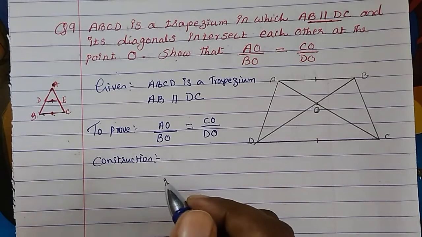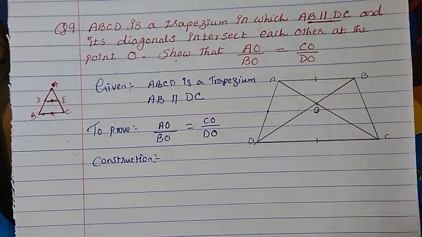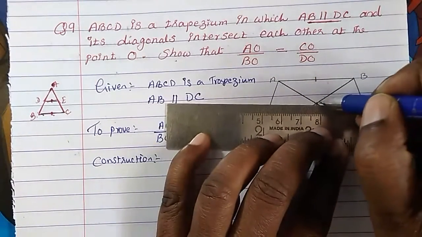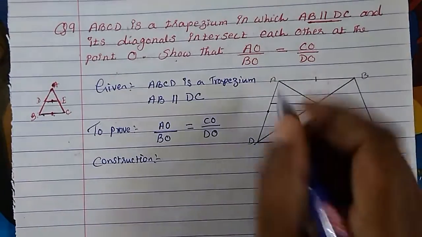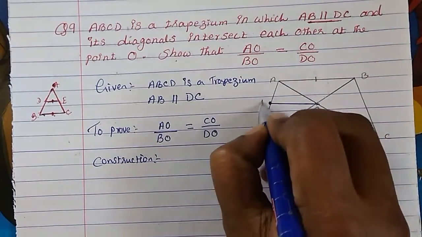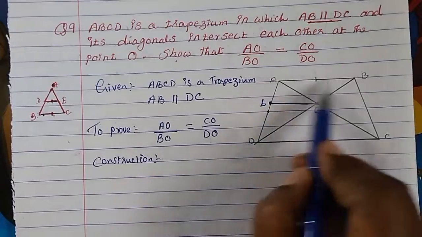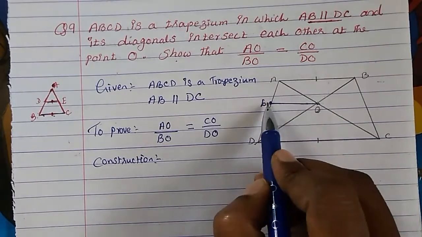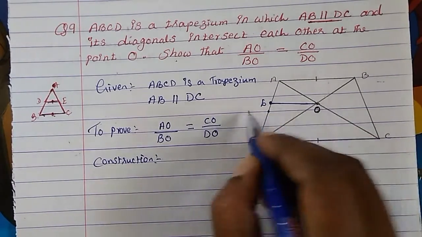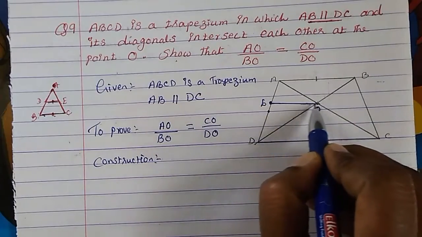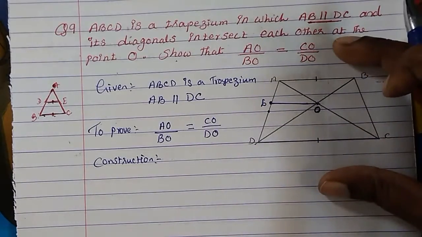Construction. So what construction we are going to do is, we'll take here one point and then we construct a parallel, parallel to this. Okay, we take the point E. Because these two are parallel, it is already said AB is parallel to DC, so we will construct a parallel line EO, which will be parallel. If we extend, this line will be parallel to AB also, and this line will be parallel to DC also. So both are parallel lines.